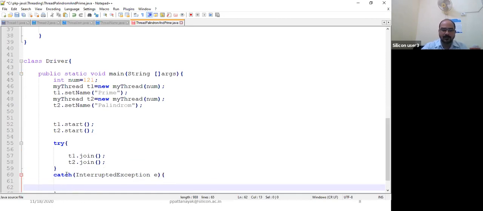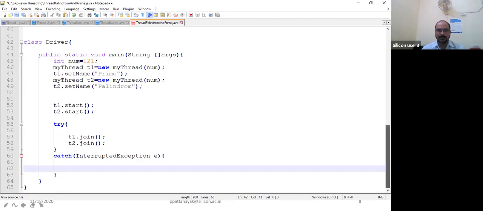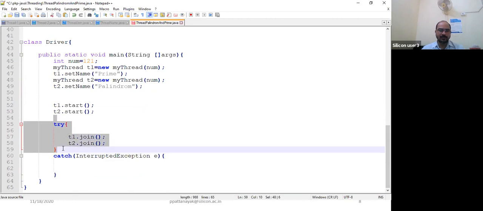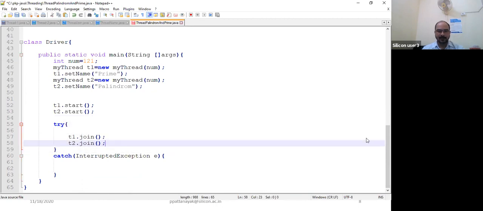You can handle it, you can write a System.out.println here. I am not doing anything. That means the main thread waits here, let T1 and T2 complete. Why is the main thread waiting? That is also an important question, and I will answer it. Because main is creating these two threads T1 and T2, the main thread has to wait. Otherwise, the threads T1 and T2 become orphan threads. We will come to that point later. Is this clear up to this?